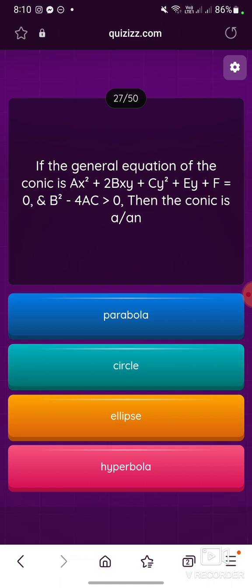If the general equation of the conic is ax squared plus 2bxy plus cy squared plus dx plus ey plus f equals 0 and b squared minus 4ac is greater than 0, then the conic is a